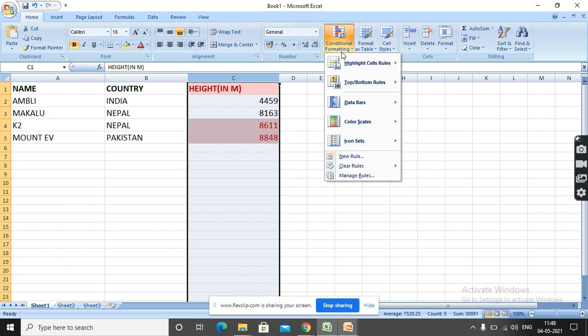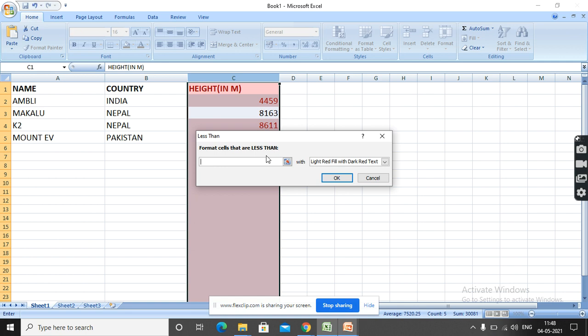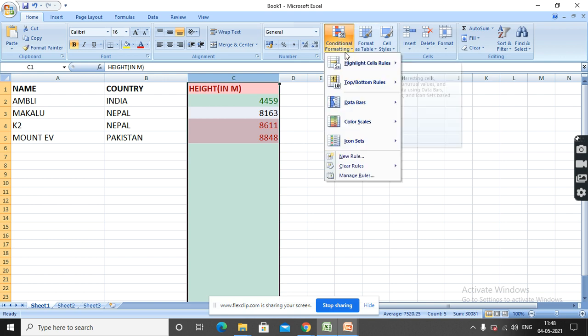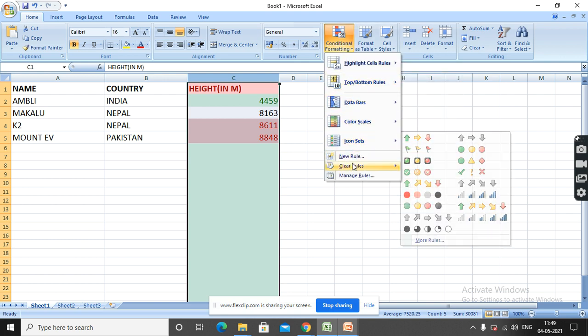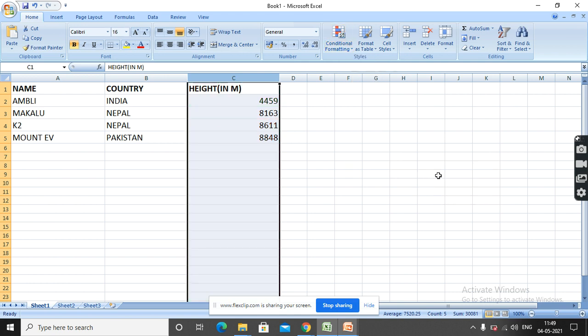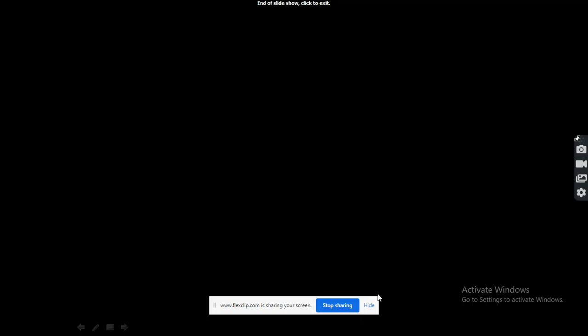Again, I'll show you how to highlight the cell rows less than, suppose, 5000. You can also change the color of your text. I select here green fill with dark text. So less than 5000 is only one value it is showing. To clear it, again you have to select it in your conditional formatting and at the last, here it is written clear rules. So when you clear these rules from your entire sheet, this conditional formatting is undone for you. The next point of our chapter is finished.